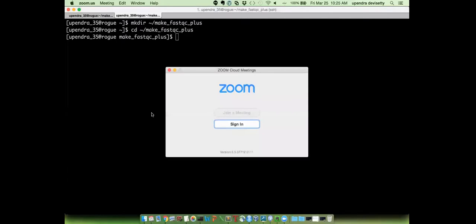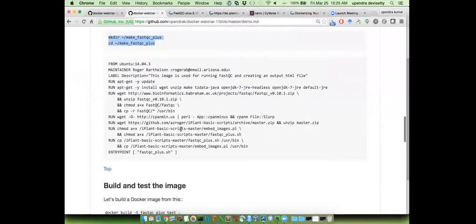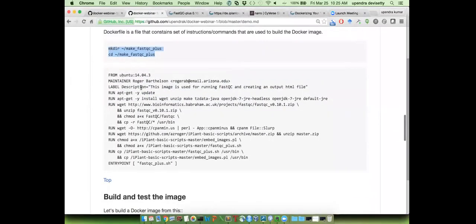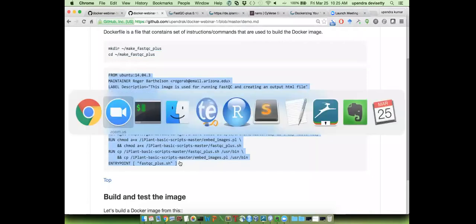Okay, so the next thing is creating the Docker file that I mentioned briefly earlier. So again, I'm going to copy this. Don't worry what this Docker file is. I'm going to explain this in a minute. So again, I'm going to copy this and then